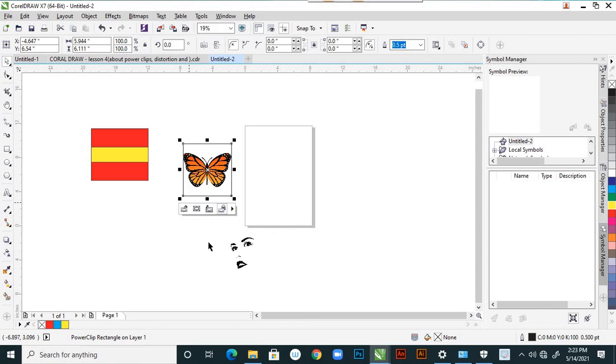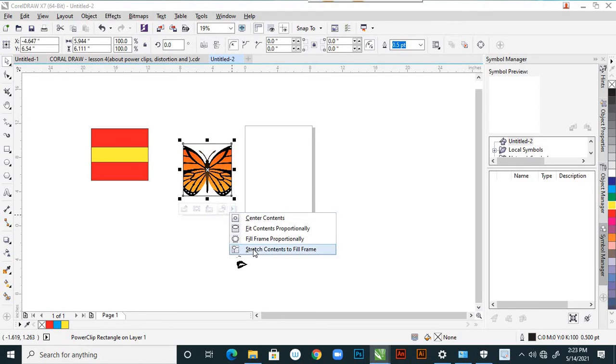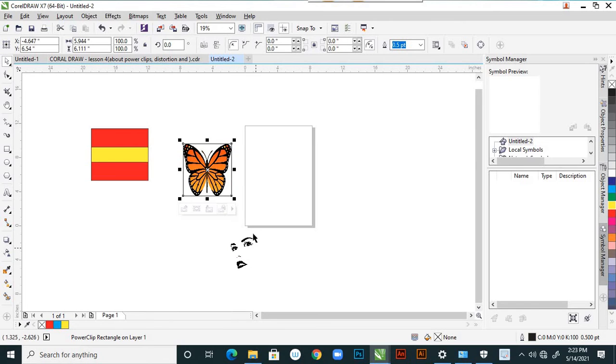See, your contents are fitting proportionally into that. And Fill Frame Proportionally, your frame is filling proportionally. And now Stretch Contents to Fill Frame, see, it is stretching. So as per our requirement, we can edit the PowerClip.